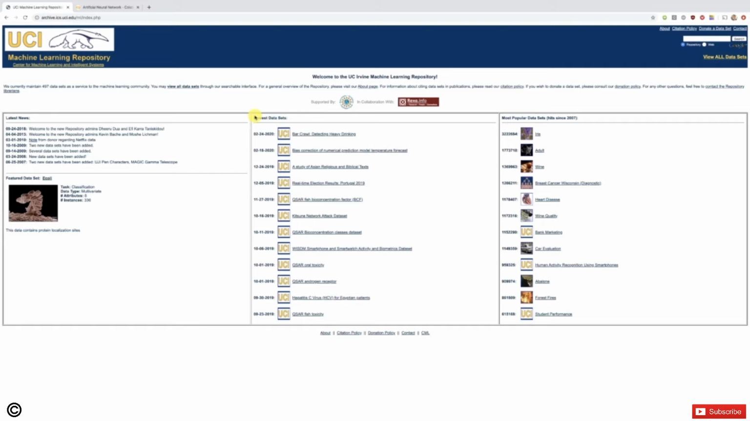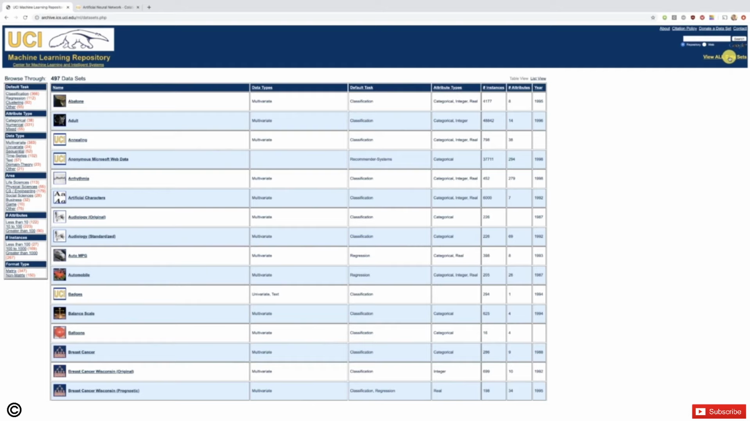You have all the newest data sets here, the most popular data sets hit since 2007. Okay, but where we're going to go is here, view all data sets. So click this link here, and there you go. That's really what I wanted to show you. The UCI machine learning repository is clearly well organized between the different applications of machine learning, which are classification, regression,